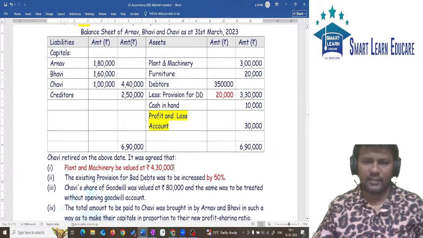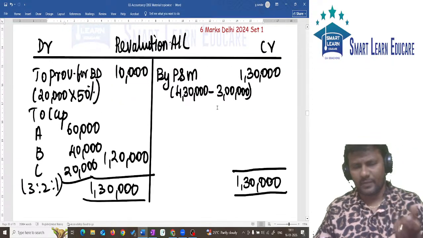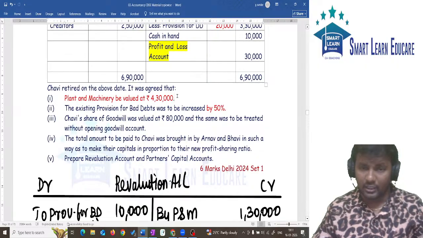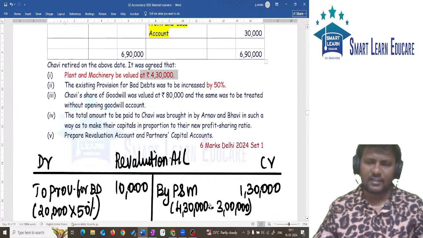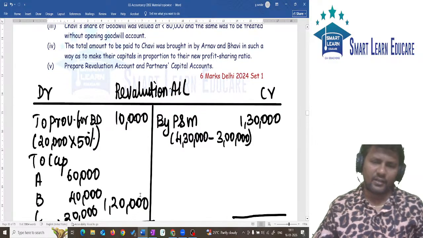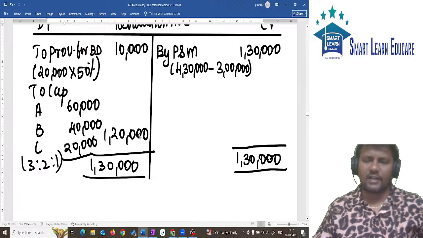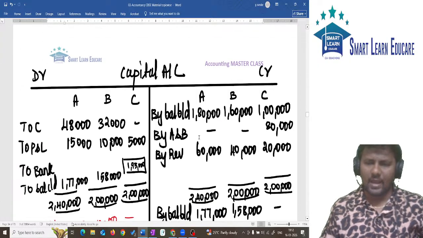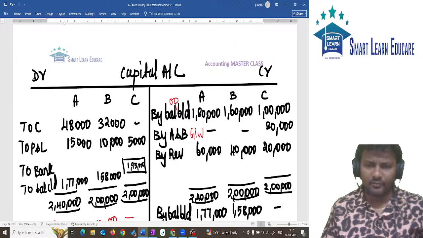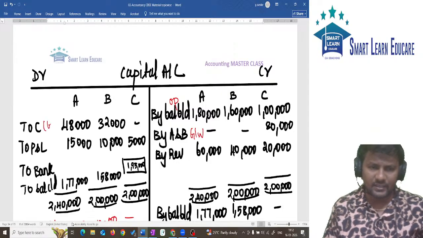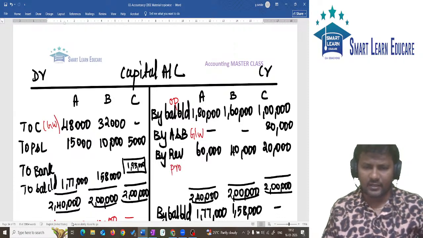Next we had plant and machinery increase. Plant and machinery is valued at the given amount. When it is given at 4,30,000 minus 3,00,000, the net amount should come and the difference is transferred to capital. That amount should be shared in old ratio. So the opening balance of capital and the goodwill adjustment will come both on the debit side as well as on the credit side. Revaluation profit should be transferred